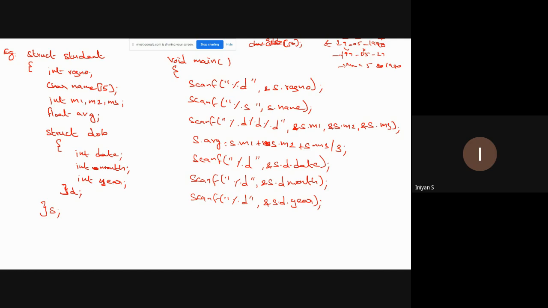Date, month, and year are structure members of which structure? DOB, right? Tell me here, are date, month, and year structure members of student or DOB? Actually, they are structure members of student, but they are first present inside the DOB structure. Up to this you got it. S dot register number, S dot name, S dot